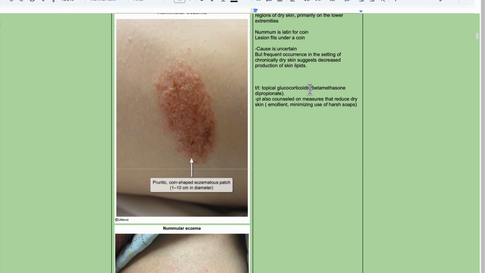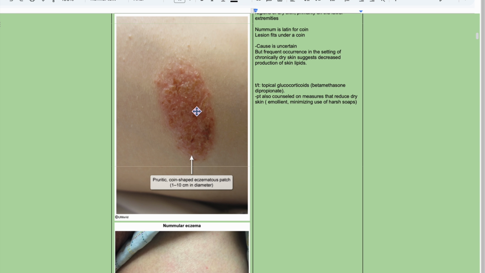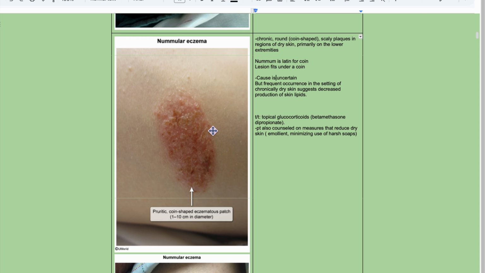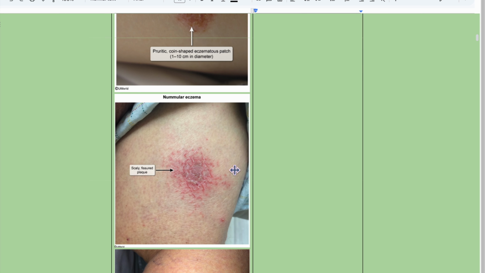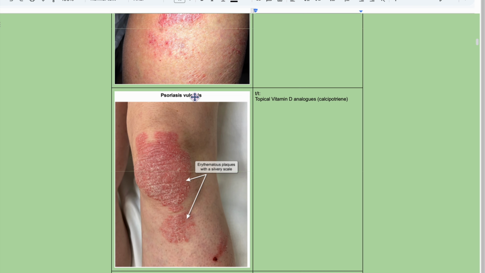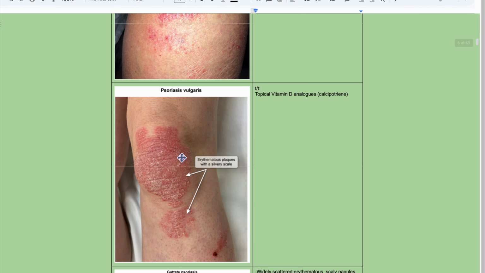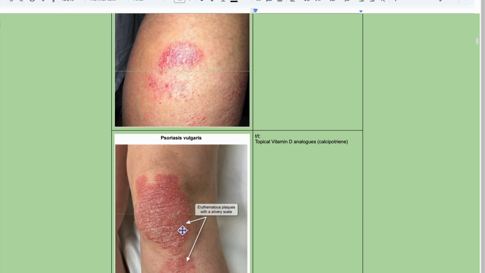Treatment here is topical glucocorticoids, betamethasone dipropionate. Patient is also counseled on measures that reduce dry skin, like emollients and minimizing use of harsh soaps. I guess you can figure it out once you know what it is. If you're going in blind, it's kind of harder to figure out. Nummular eczema again, scaly fissured plaque. So now you know what that is. It kind of looks like psoriasis, that's why I put it there. But this one is much smaller, and in this one the margins are